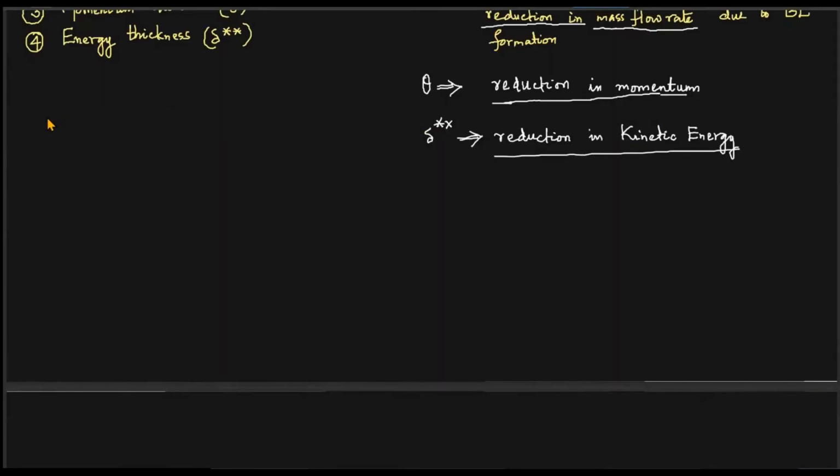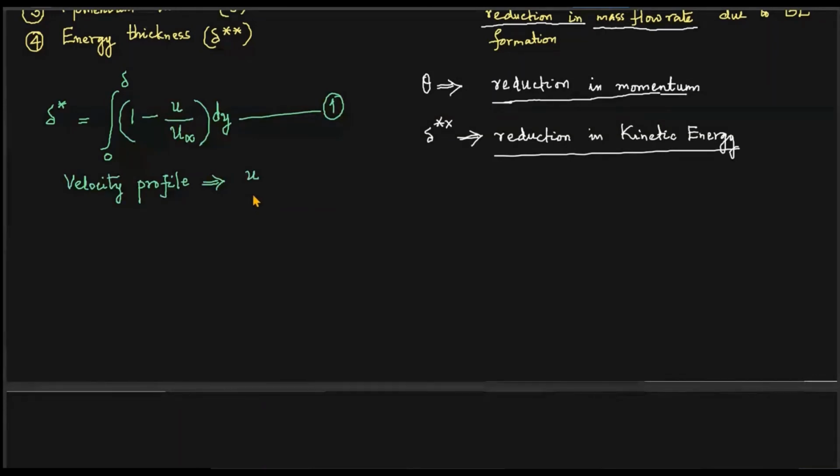So this one, delta star, the displacement thickness, how do you find it? There is a reference distance. We defined it already. It is calculated by using an equation, which we will derive in the next class. For calculating displacement thickness, the profile may be a linear one, a quadratic one, or a cubic profile. It is a relation between u and u infinity.